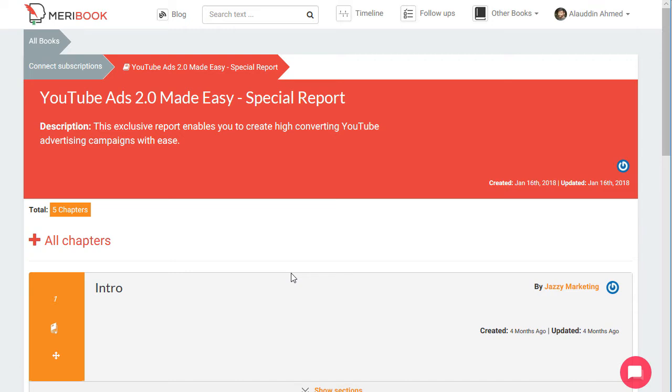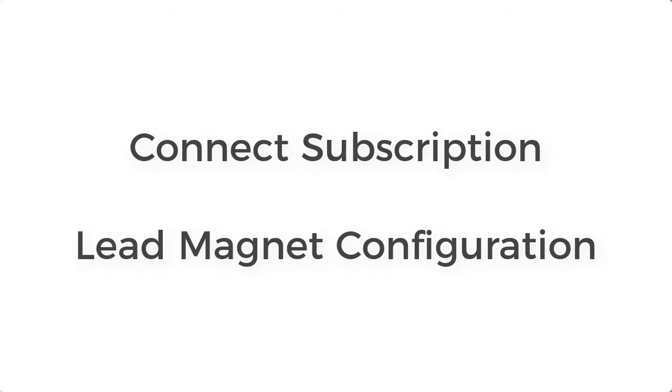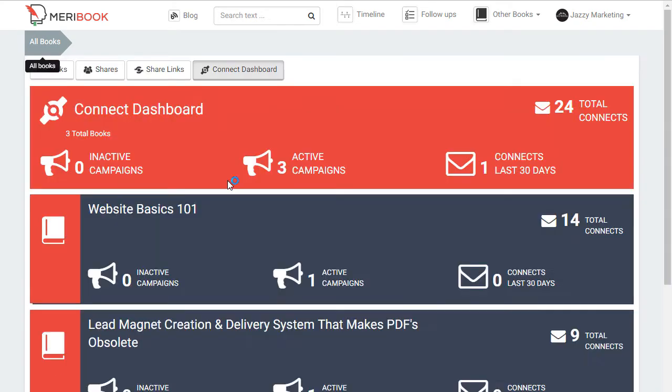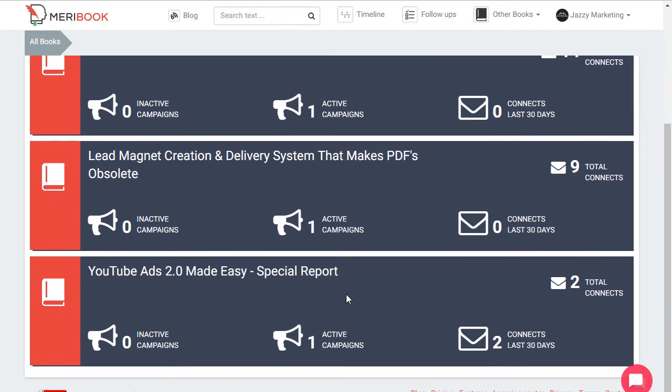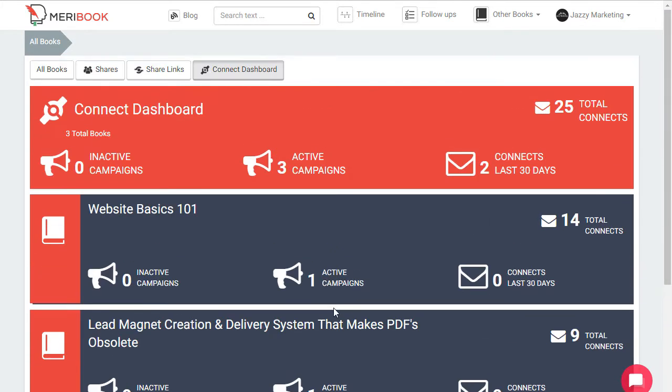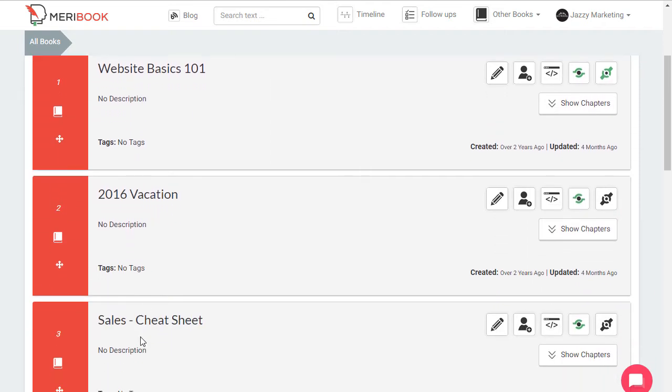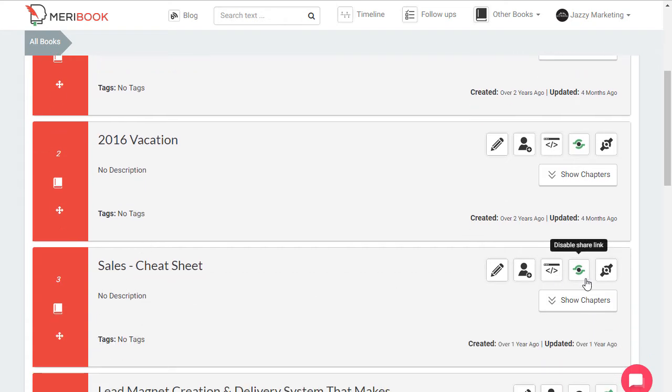Now let me show you how we would configure it in the back end. I'm going to switch back again to this tab. This would be your account where you're giving access to your lead magnet, right? So if I go to my dashboard for Connect, this shows me all the books that I'm currently promoting. So I can go to any book, let's say my sales cheat sheet. If I wanted to start promoting this, I would click on Meribook Connect,